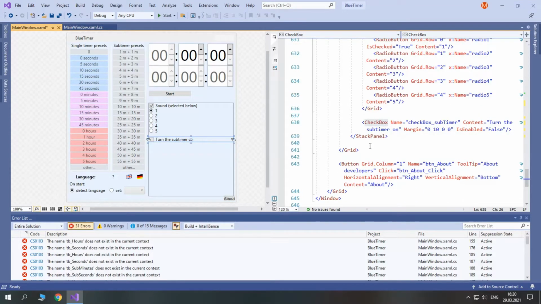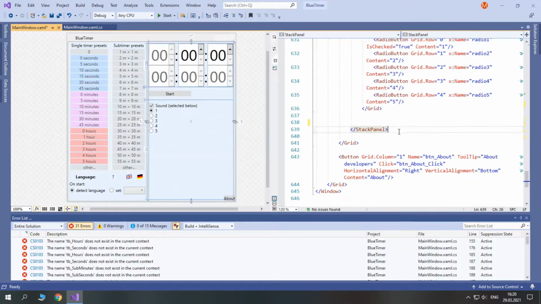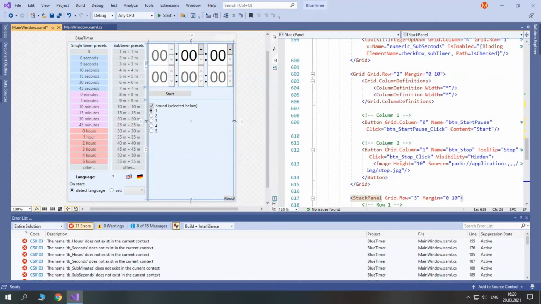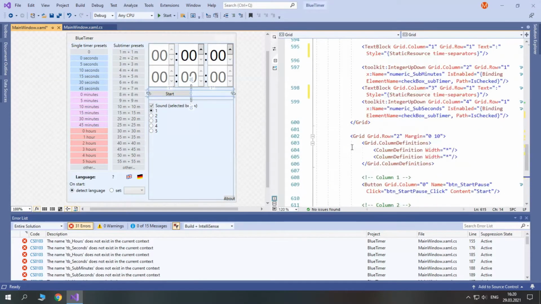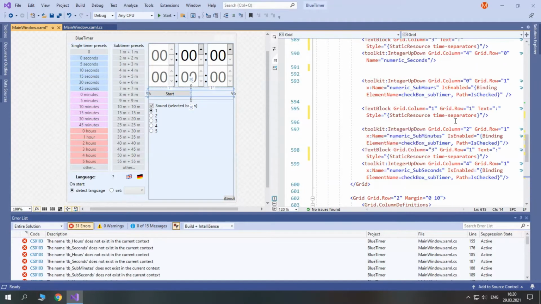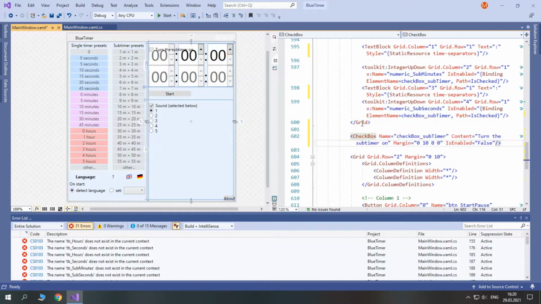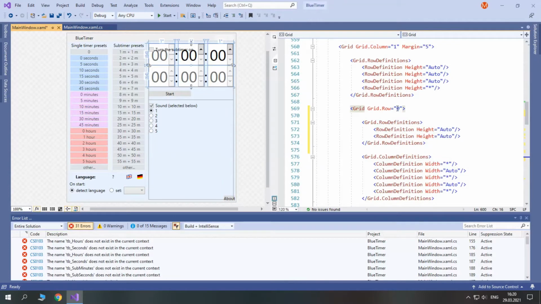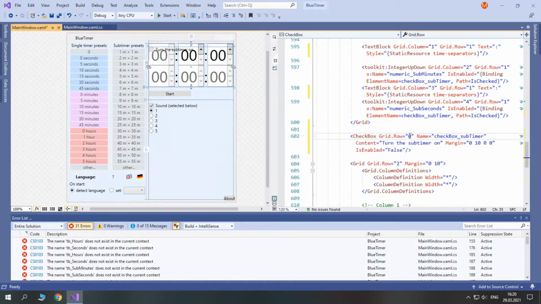So what we need to do is first we'll cut it from here and then where should we put it? I think here. So this grid is grid row 0 and we'll put it in grid row 1.